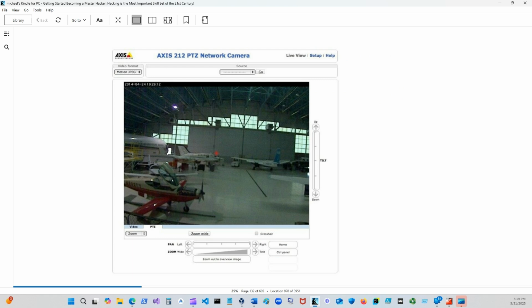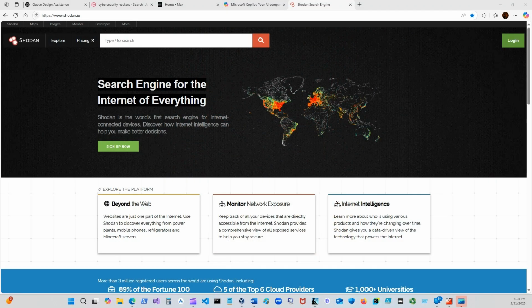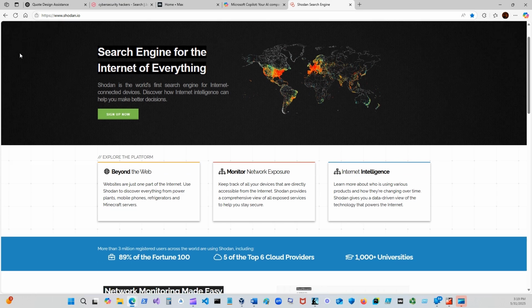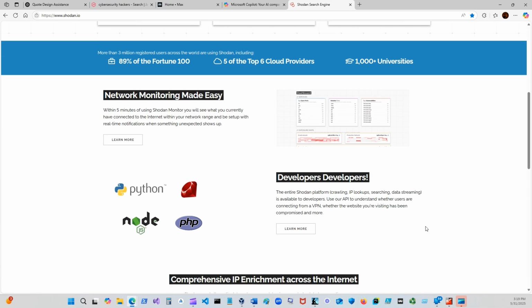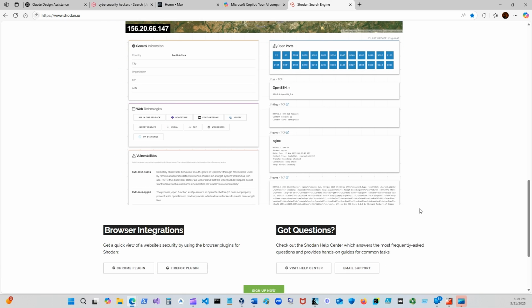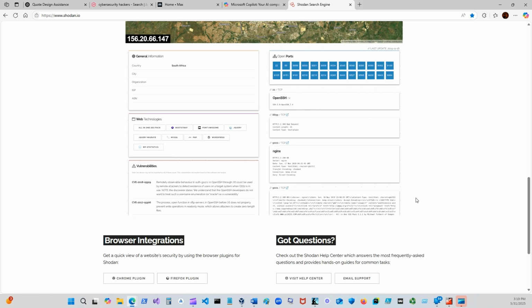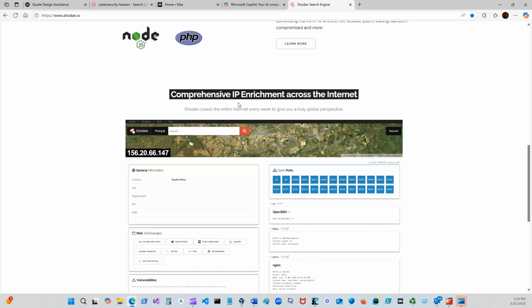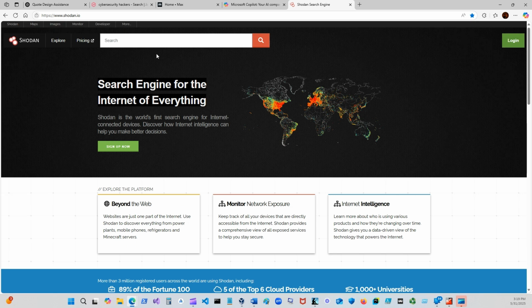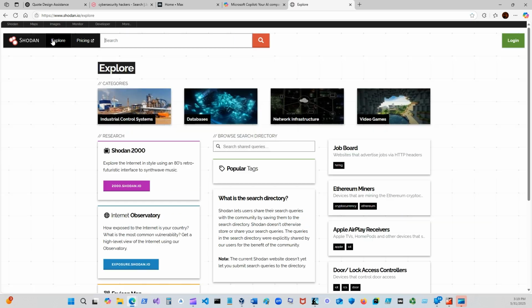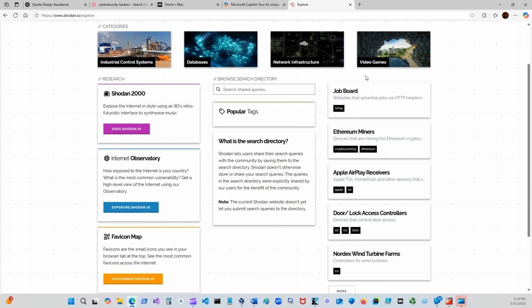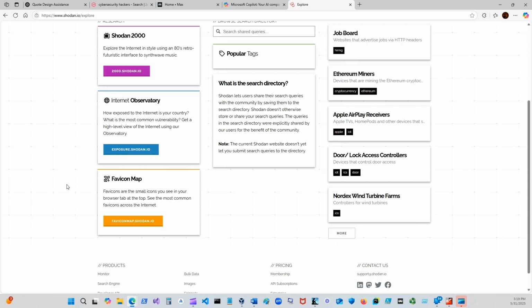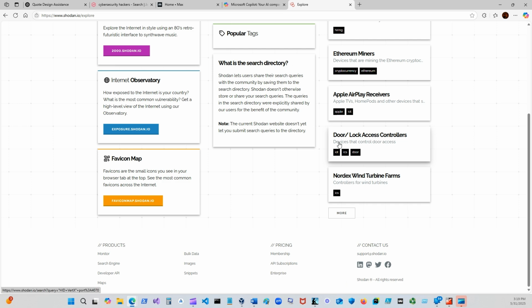Let's see if we can find something like that. I think if I go to Explore, there's internal observation, job boards, door lock access controllers.